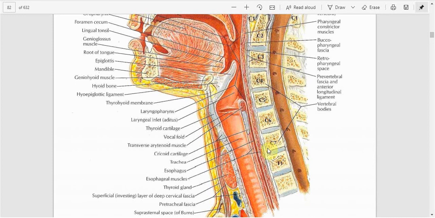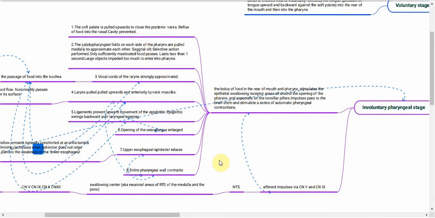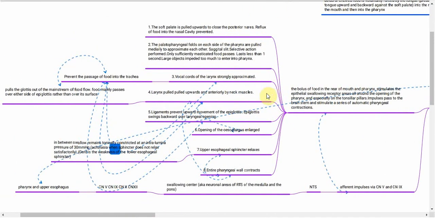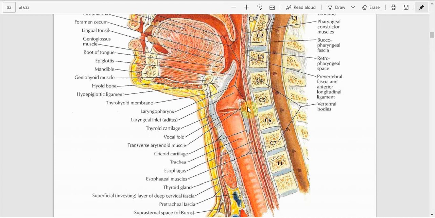Another set of changes that must be kept in mind: because of this, the opening of the esophagus is enlarged. How is that achieved? Again, I'll show you the image. This is the opening of the esophagus. Because it is being pulled upwards and anteriorly, this opening will be enlarged, and this will make the involuntary stage of esophageal swallowing much easier. Because of the movement of the larynx, the esophageal opening is enlarged,